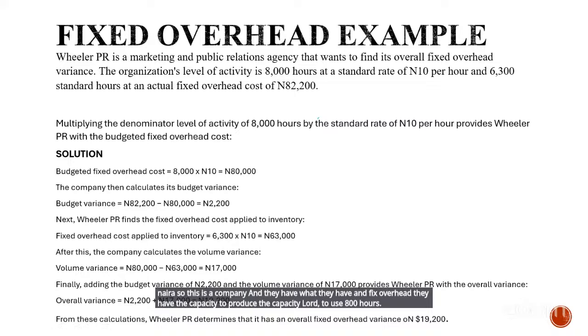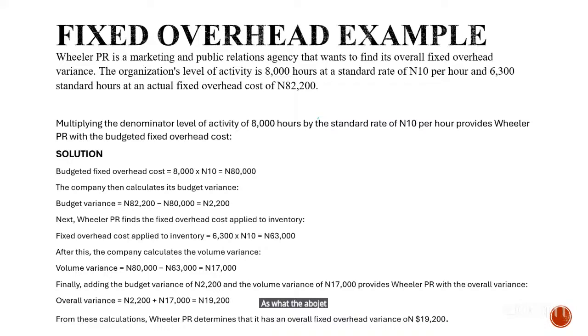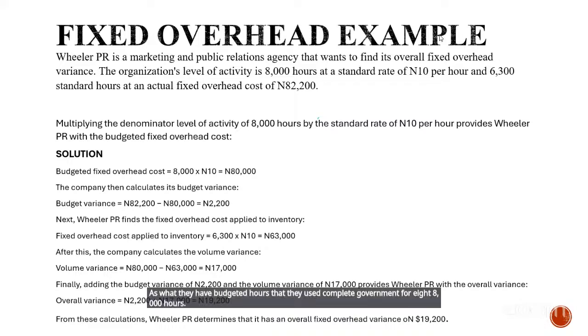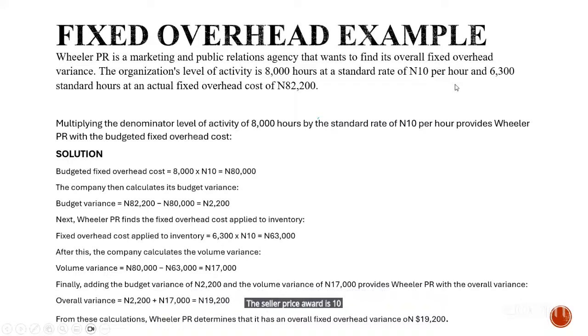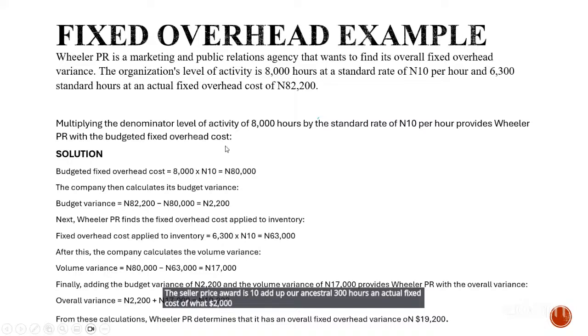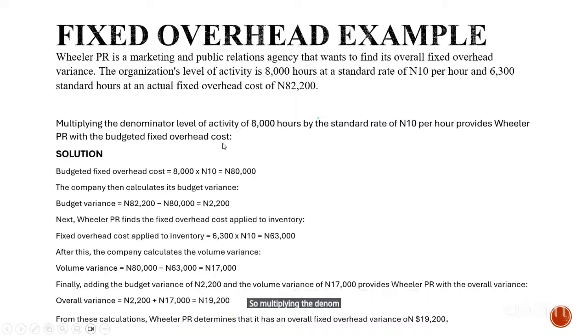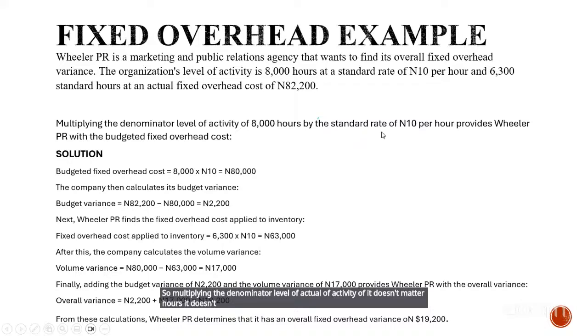They have the capacity to use 8,000 hours. That's their budgeted hours. The company can run for 8,000 hours, and the standard price is 10 naira per hour, and 6,300 standard hours at an actual fixed cost of 82,200 naira. So this is what we are given here. Multiplying the denominator level of activity of 8,000 hours by the standard rate of 10 naira per hour